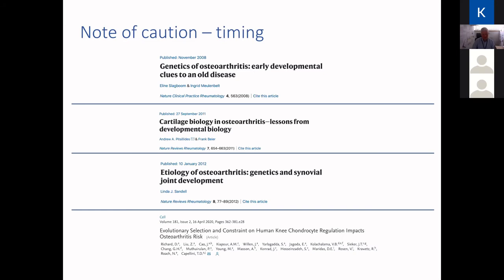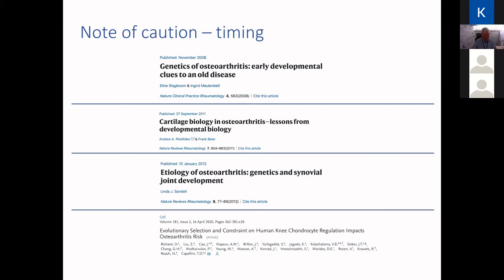But there is a note of caution here, and it's something that I did touch on earlier about pathways involved in osteoarthritis. One of the things that's becoming apparent and has been known about and reported on for many years now is the developmental origins of osteoarthritis. So I'm listing here some review articles that have been published from a range of different investigators that have flagged up the link between osteoarthritis, genetics and developmental biology. And also the work from Terry Cappellini and his team, where they're able to show, particularly the GDF5 locus, that there does appear to be an interaction between development and also osteoarthritis.